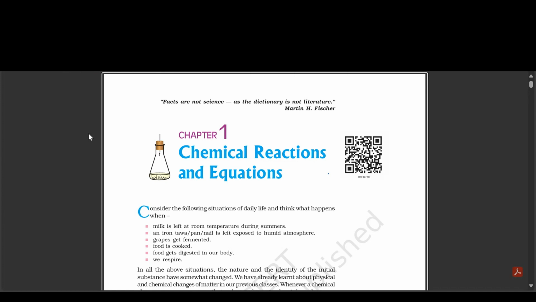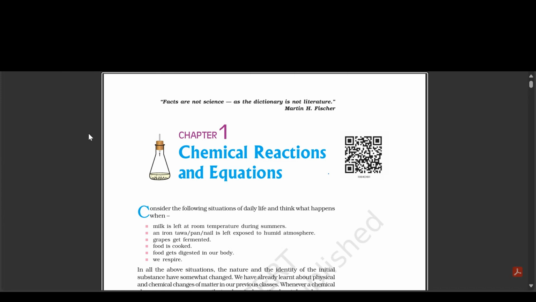So the chapter is chemical reactions. Before starting, we have already observed a lot of things, right? Where the product, that is the final thing that is formed, cannot be converted back into the original form. For example, if you burn paper, what happens? The ashes that are formed cannot be converted back into paper,